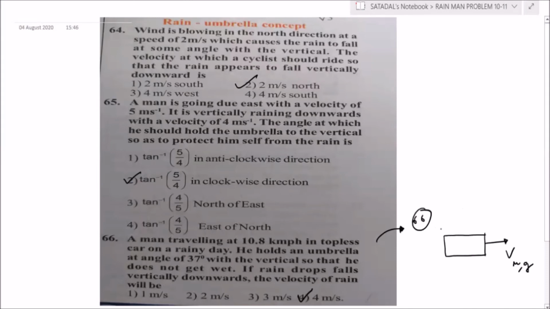See, this is the original direction. The velocity of the rain with respect to the ground is this, but he is holding the umbrella in this direction. So here he is taking the umbrella, right? And this angle they have said to be 37 degrees. I hope, Akash, now you can do it. If this is 37 degrees, this angle is also going to be 37 degrees. Okay, now Akash, you can do it now. Yeah, fine.